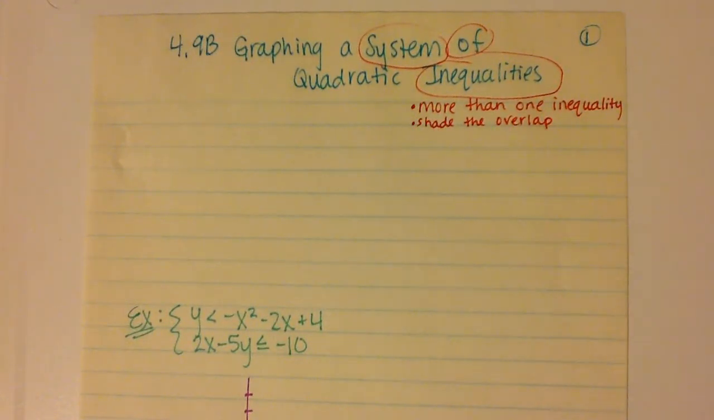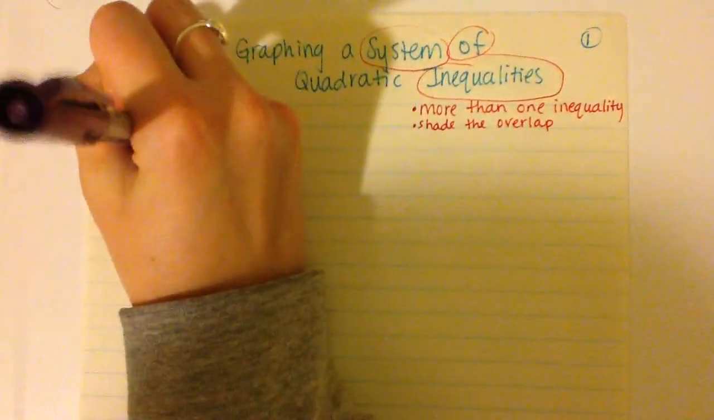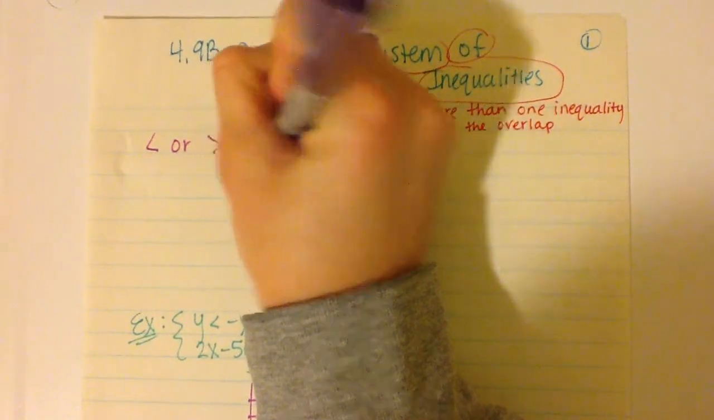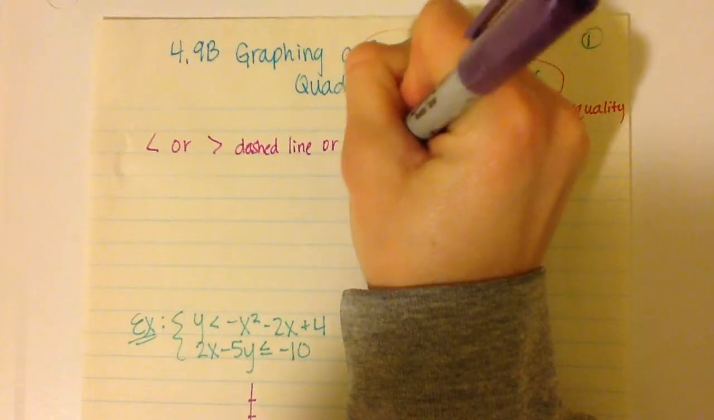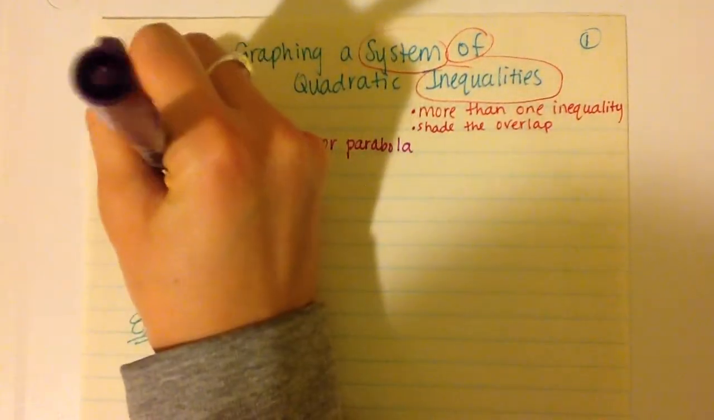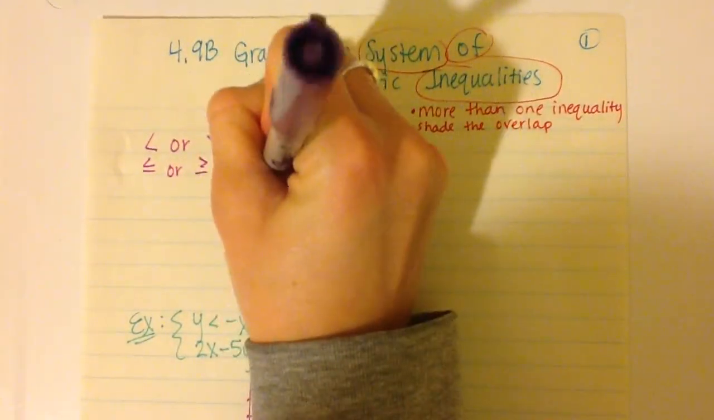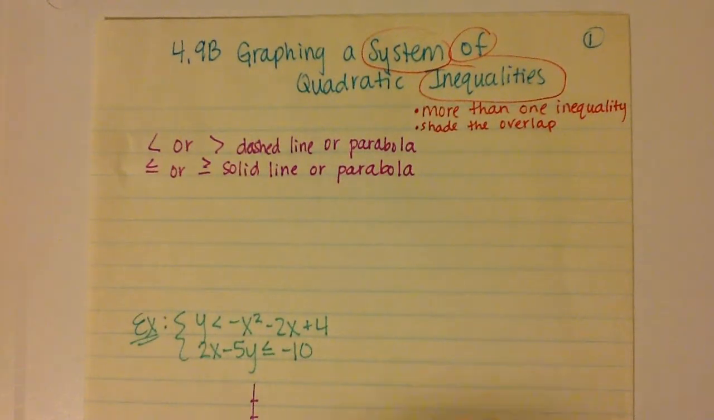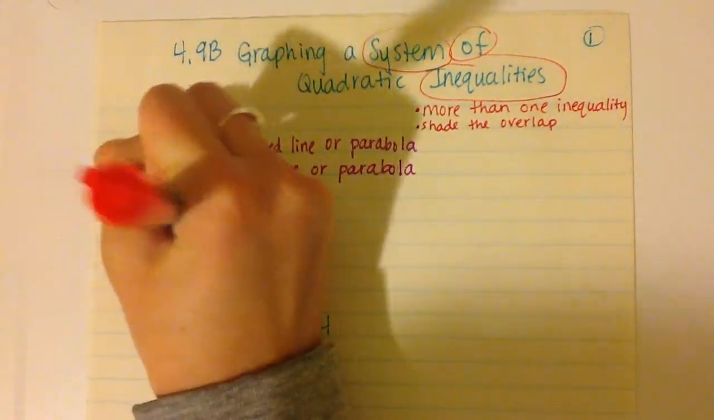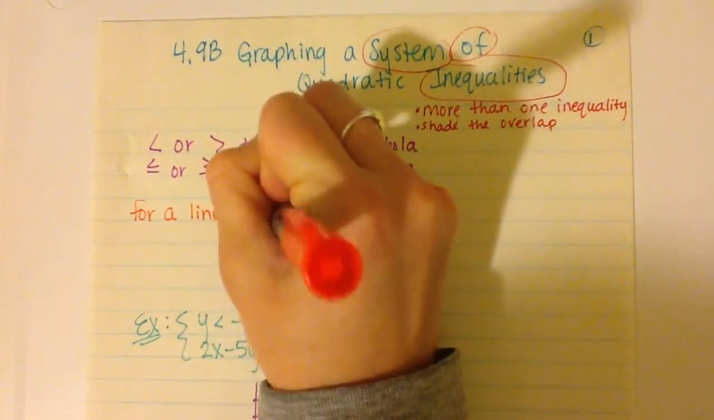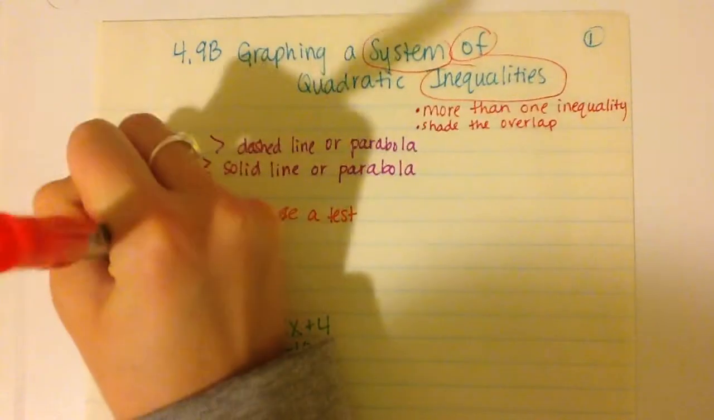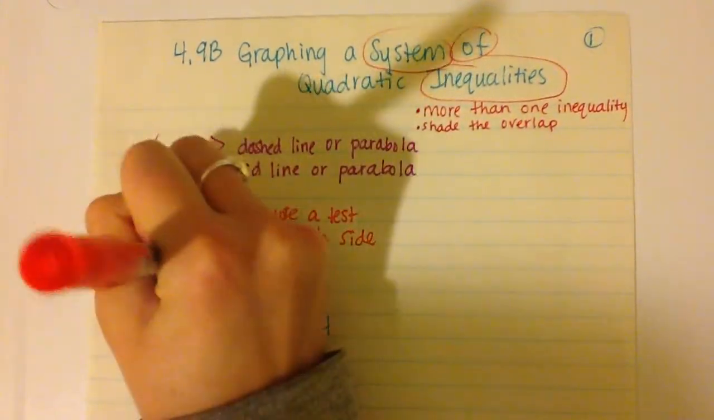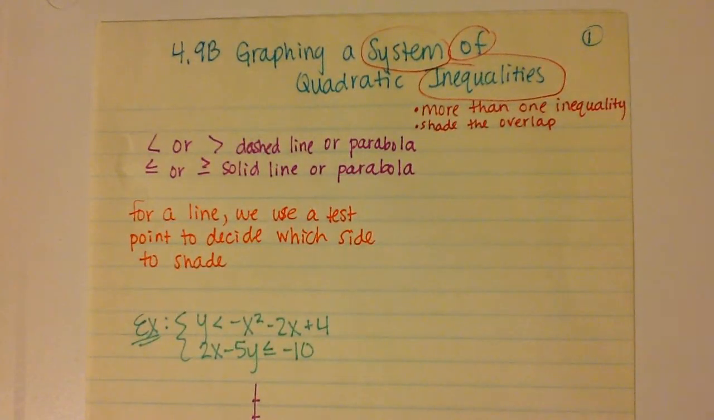So going back to when we were graphing, if we have a less than or greater than sign, we are going to have a dashed line or parabola. And if we have a less than or equal to or greater than or equal to, we're going to have a solid line or parabola. So when it comes to deciding where we're going to shade for a line, just like before, we use a test point to decide which side to shade. But for a parabola,